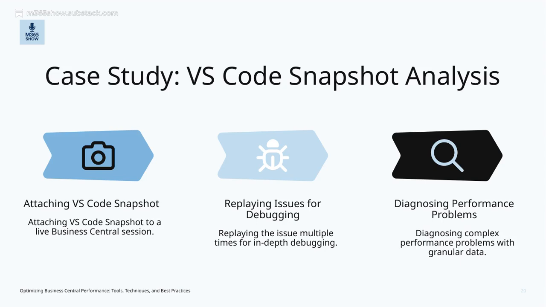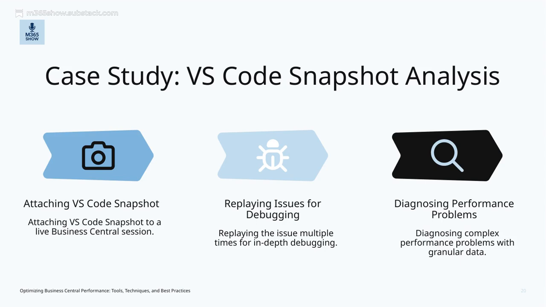Finally, diagnosing complex performance problems requires granular data. It's about digging into detailed logs, traces, and metrics to uncover the underlying factors. This thorough approach ensures we address the core issues effectively, ultimately improving system responsiveness and stability. All these techniques tie back to our overall goal, making Business Central run more efficiently by leveraging the right tools,